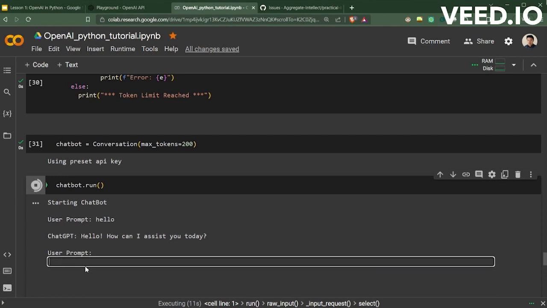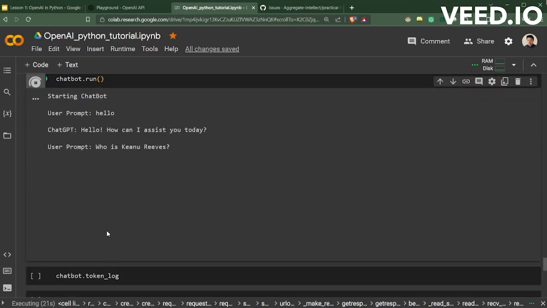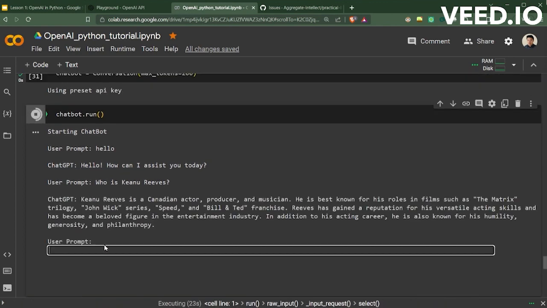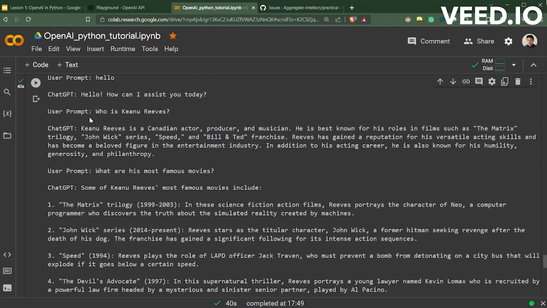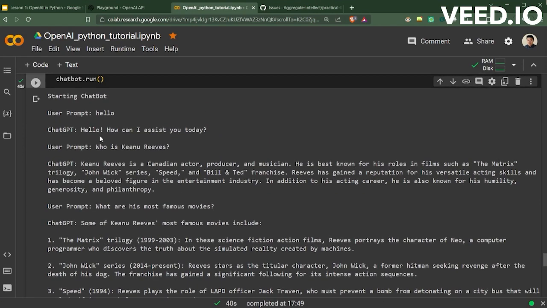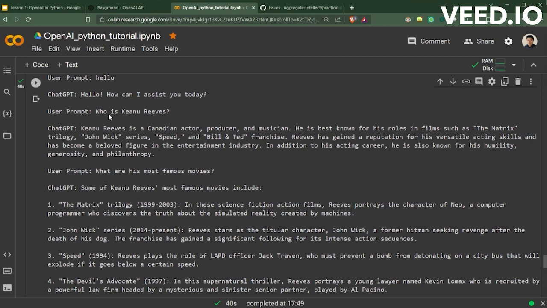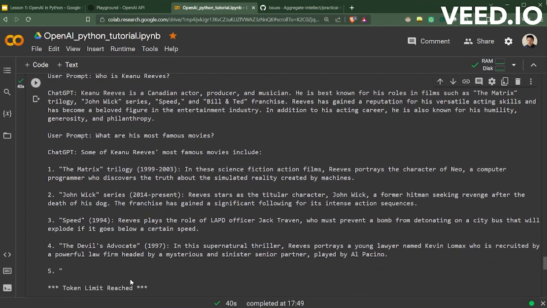Who is Keanu Reeves? What are his most famous movies? There you go. So now we have a running chatbot inside our Python console, and it can keep track of